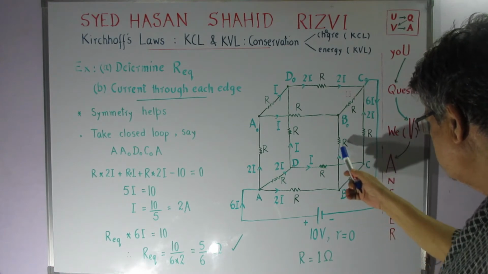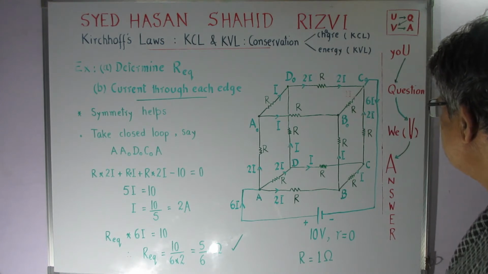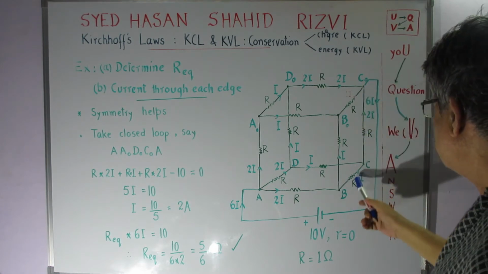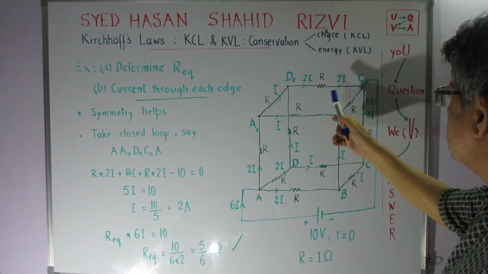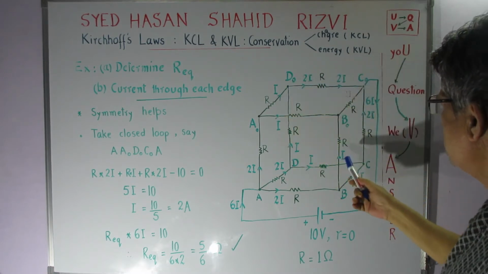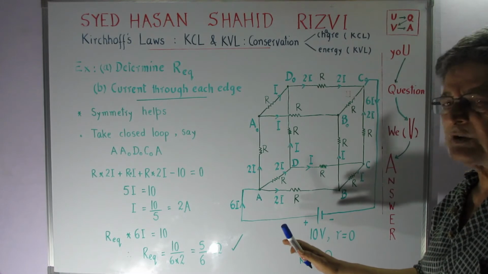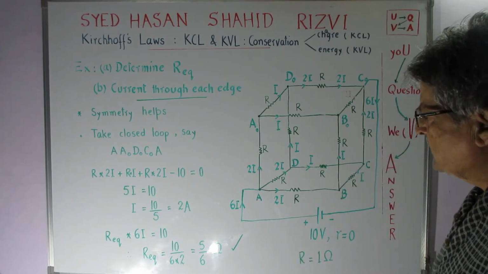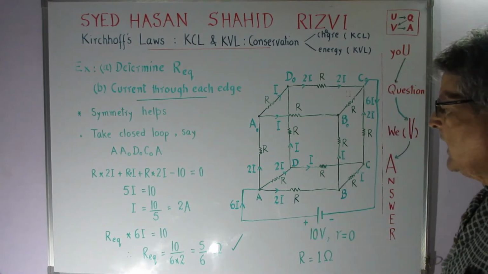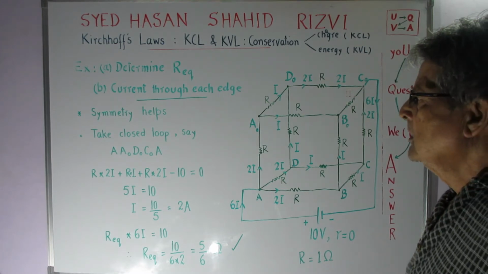This again is split into 2 parts, I and I, and this current coming from here and this current coming from here, they make it 2I. And similarly I get 2I here, 1 here and 1 here, and that makes 2I, and 1 here and 1 here, that makes 2I. So it's a complete case of symmetry. And in this case of symmetry, once the currents have been distributed and we understand the currents as they are, okay, then to solve the problem